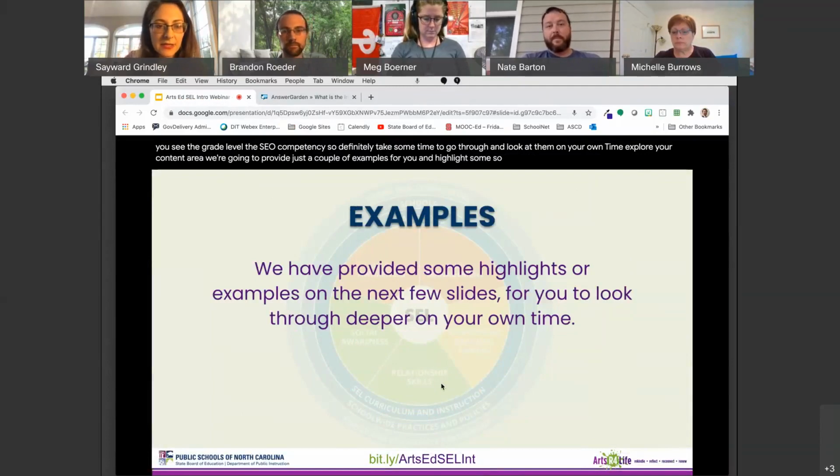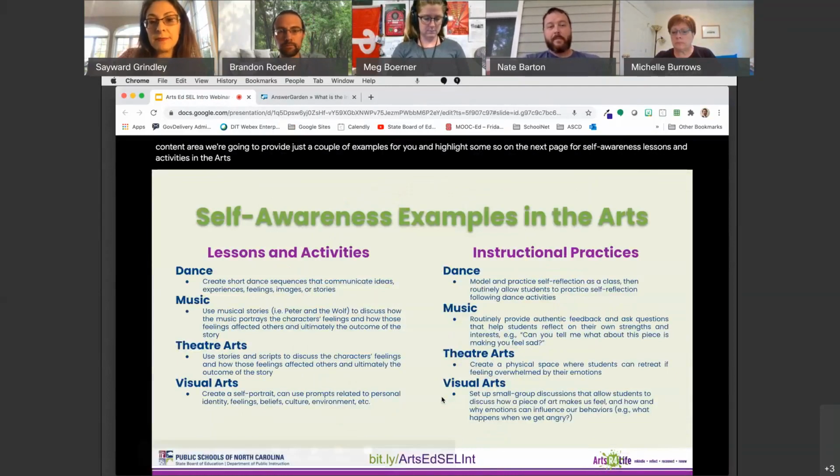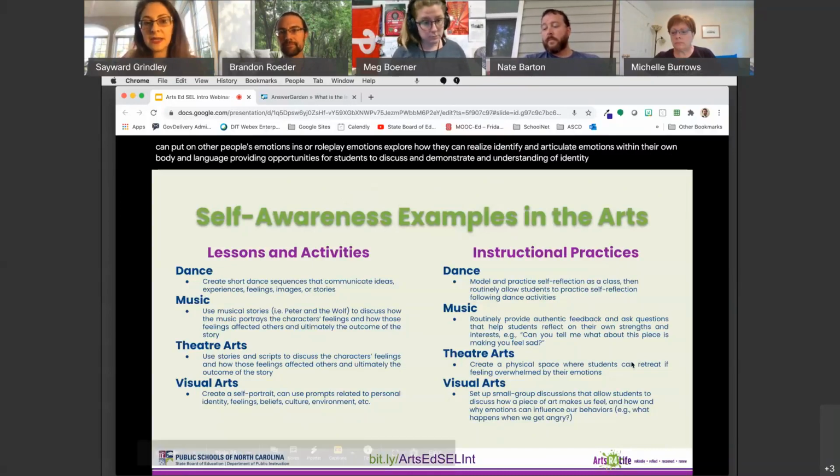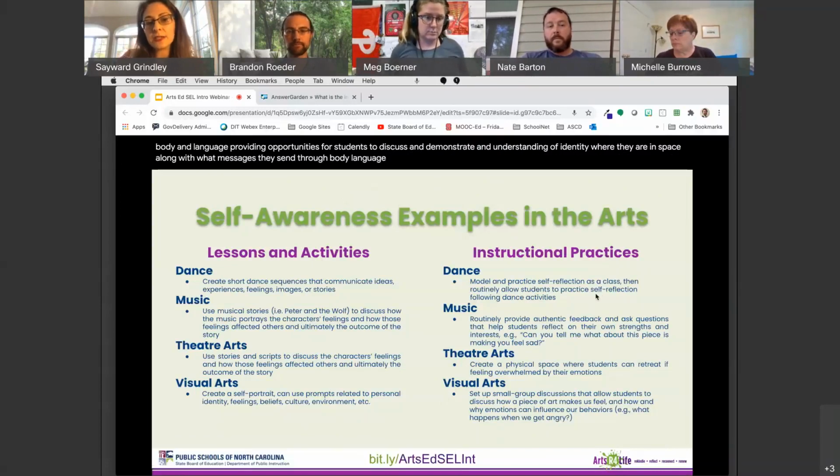So on the next page, for self-awareness, lessons and activities in the arts surround embodying emotions and feelings and awareness of body, identity, one's culture, perspectives. So students can put on other people's emotions or role play emotions, explore how they can realize, identify, and articulate emotions within their own body and language. Providing opportunities for students to discuss and demonstrate an understanding of identity, where they are in space, along with what messages they send through body language, as well as recognizing one's own strengths and challenges,